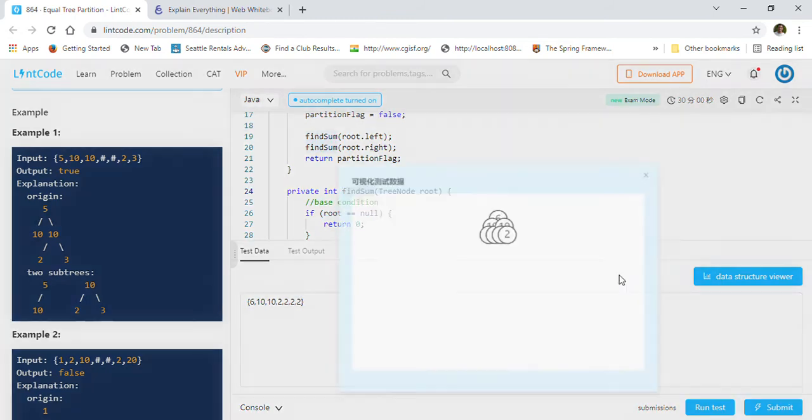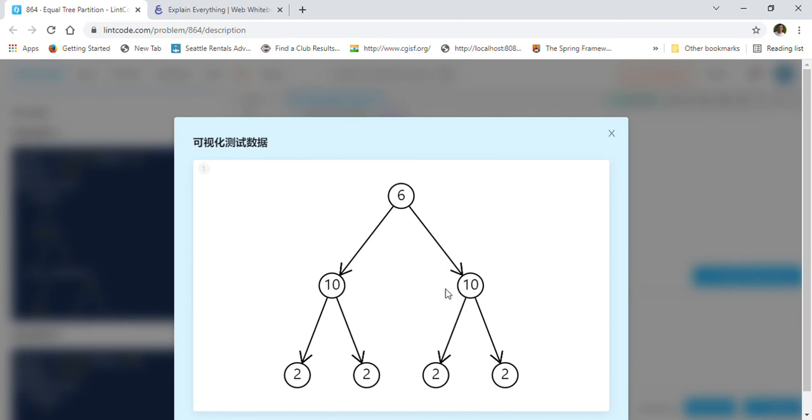then our tree will look like this, right? So this is 26 plus 4 is 30, and 30 plus 4 is 34, right? But still we cannot equally distribute because we would need 17, and we cannot have 17 anywhere, right? Because 10 plus 6 is 16 plus 2, so it cannot become 17. So now if we want to equally distribute this tree, then if we remove this 2, it will become 30, right? 30.